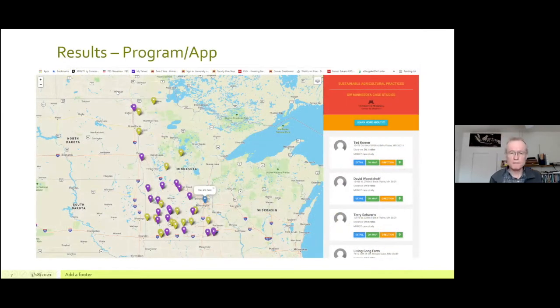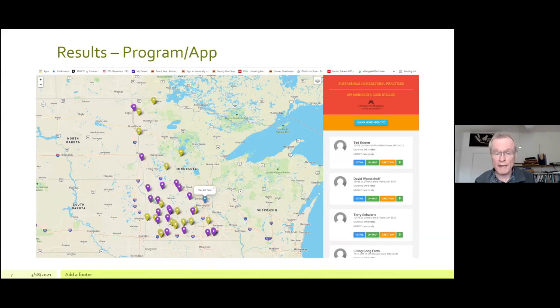So this is the entry page for the app, and we don't have the marker for the silvopasture systems yet. That will be a red marker. But we are adding those, and then eventually we would hope to get an icon that would be more representative of silvopasture, maybe a tree and a cow. But right now we have 3 different